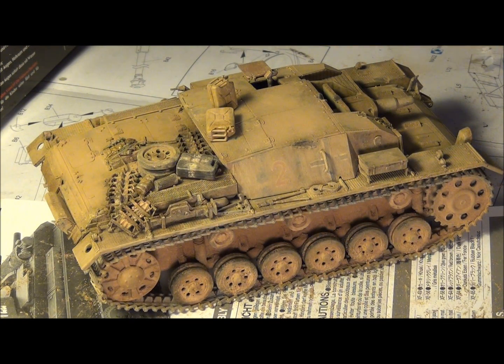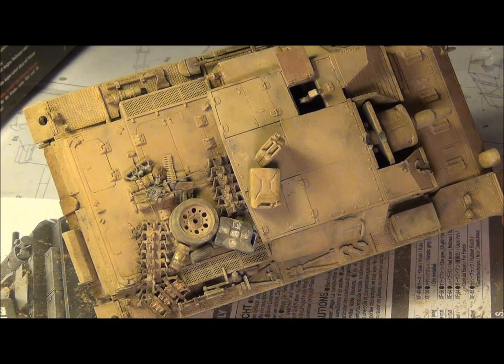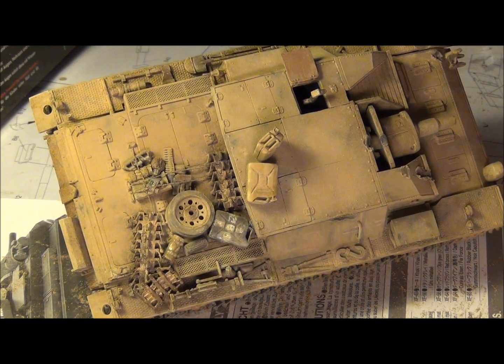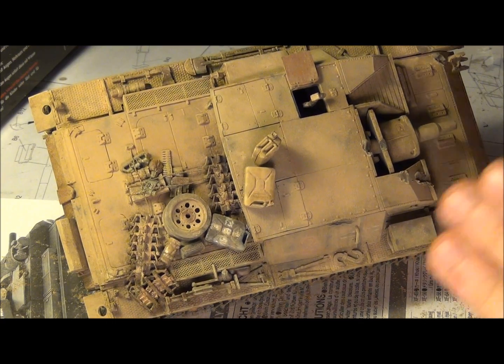Alright, so all the pigments have dried, and I'm going to show you the results. First of all, the dusting over the entire vehicle, as you can see, has definitely toned it down. There was kind of the weird chipping that I tried and I wasn't super happy with. It looked kind of how I've seen on some vehicles, but it has really been toned down now and looks